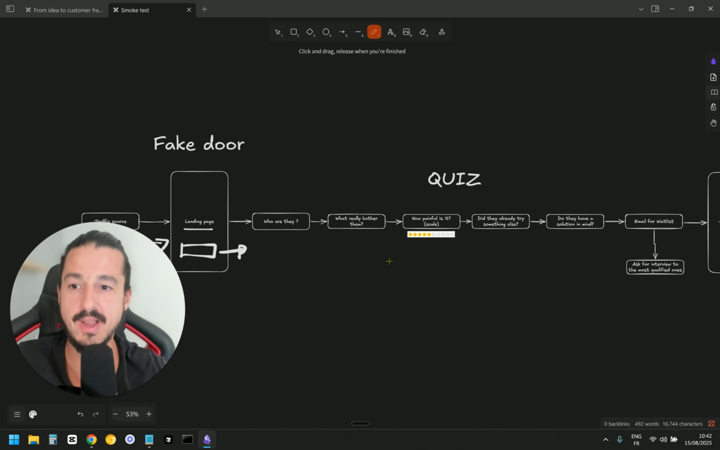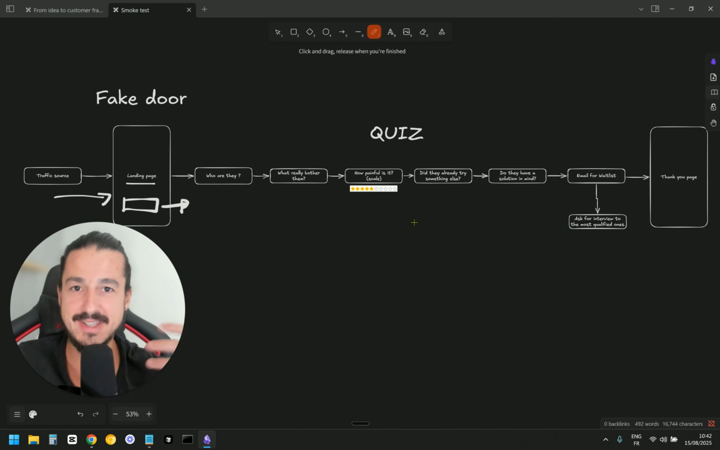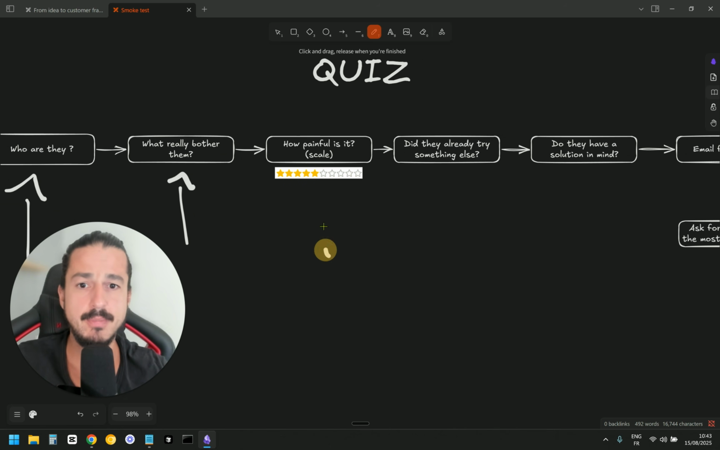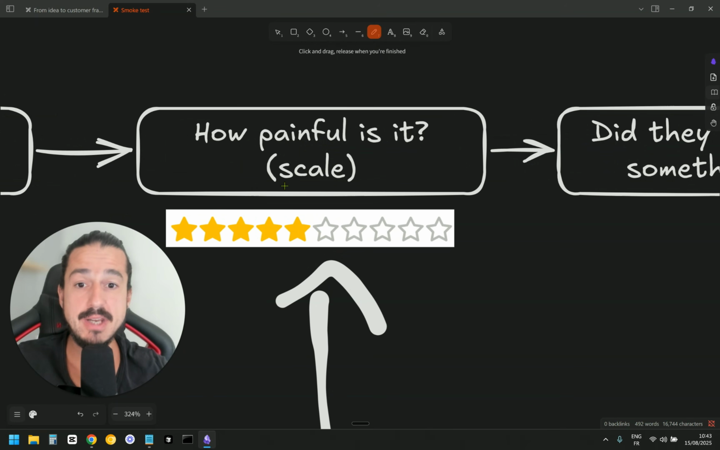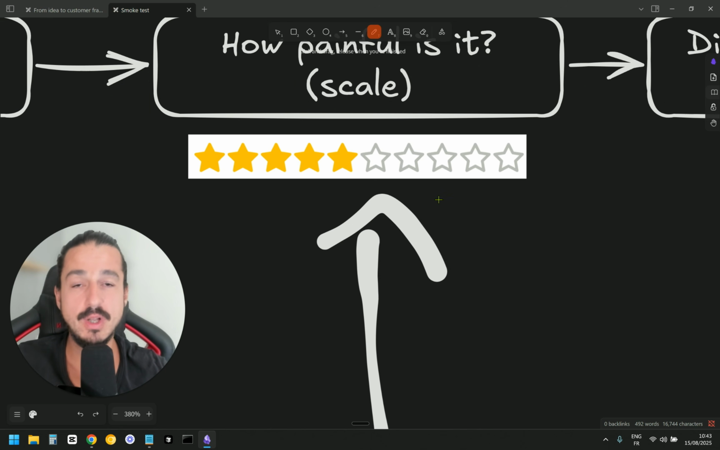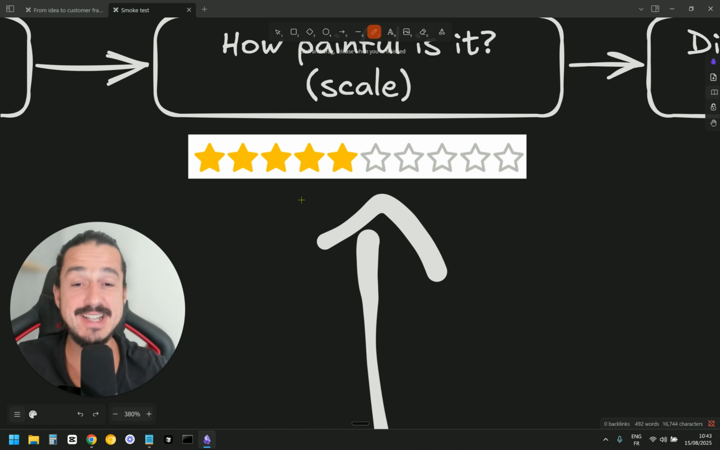Most of the time, you'll be surprised how often people are okay to just answer a few questions. And that's where you start gathering data. So first of all, you want to know who they are. Then you want to understand what bothers them. And then you want to use a pain scale, or I don't remember how I called it. Basically, you want to ask, from a scale of 1 to 10, how painful is this specific problem in your life? And that's amazing, because when you start gathering data, you can see right away